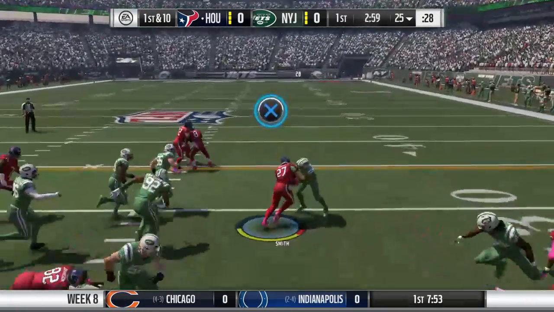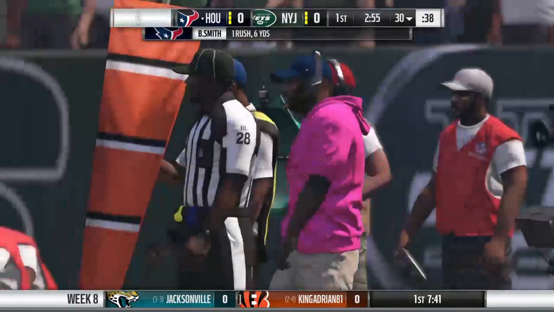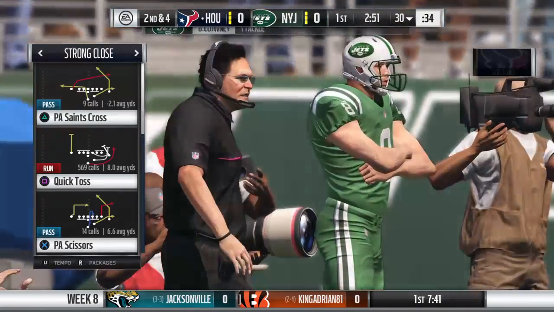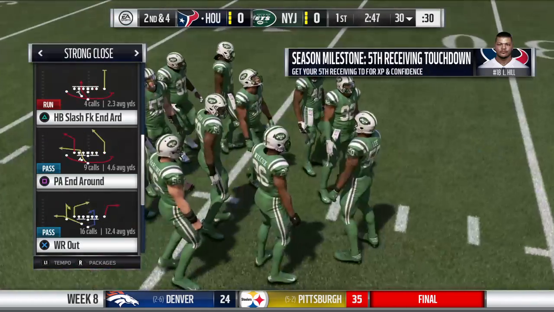Now they'll run it on the toss. And he'll go down right at the 30-yard line. He'll get a nice chunk there on the first down run, and it's 2nd and 4. I know the toss play begins with the guy taking the snap and turning around and tossing it to the